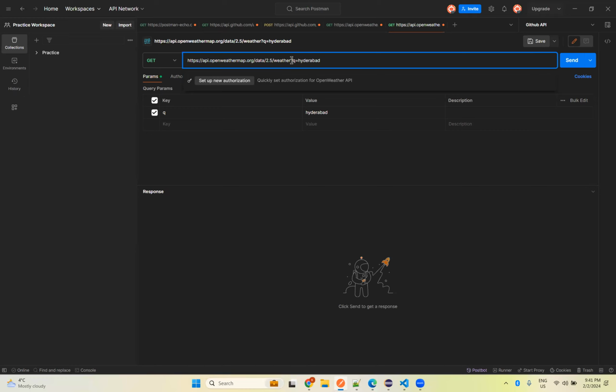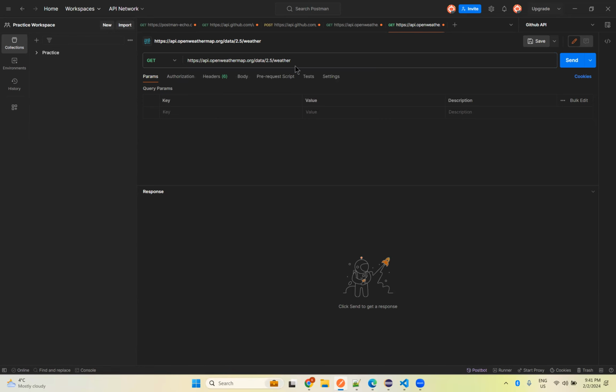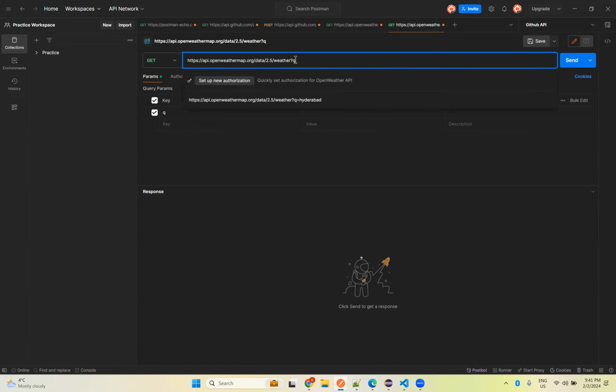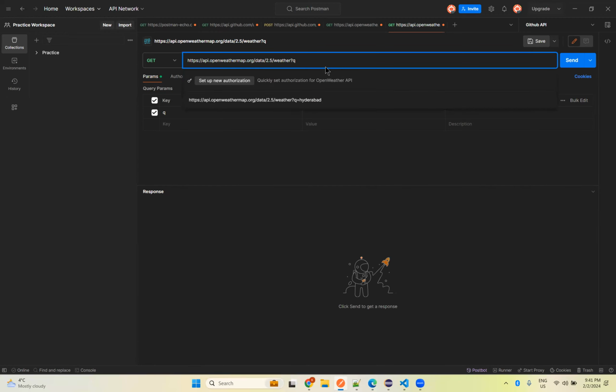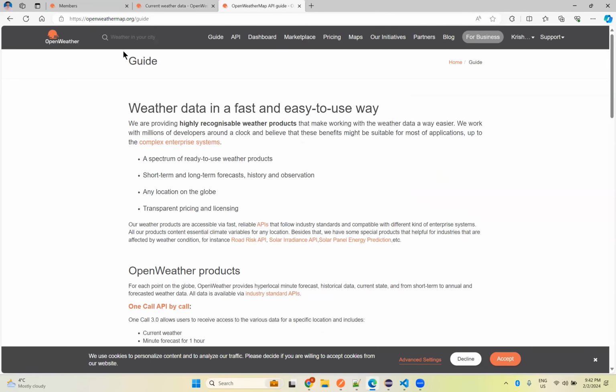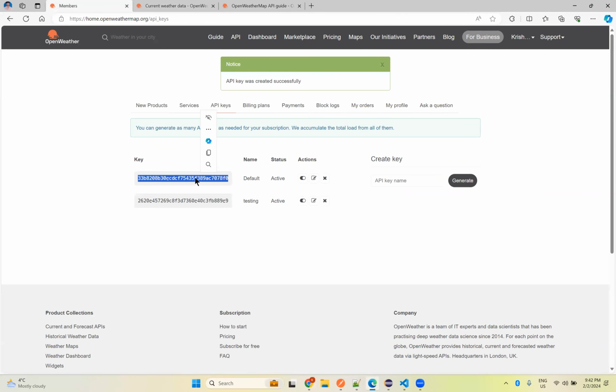You see, after the question mark there is no data. When you type a question mark and q, the moment you type the question mark, you see the query parameters are being created here. You see key and value: the key is q equals Hyderabad, and appid. And appid equals, we need to provide the API key that we have here. So let me take this,